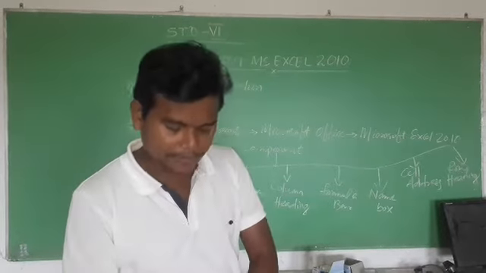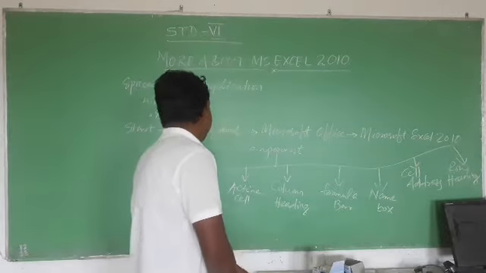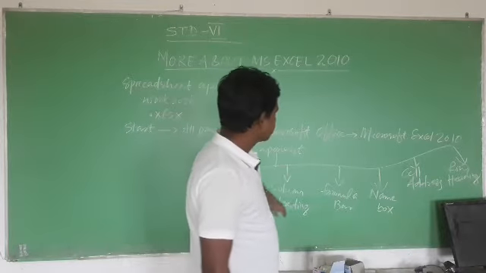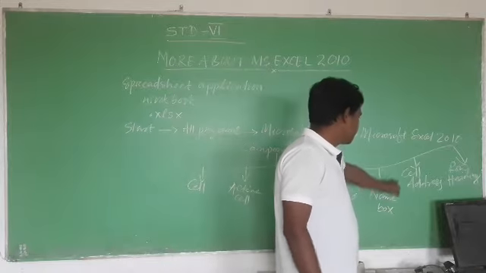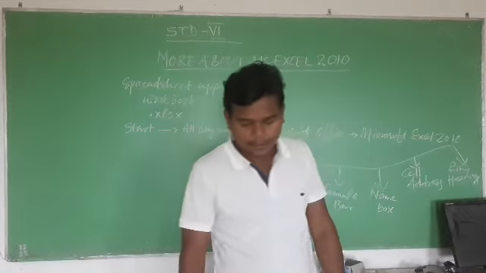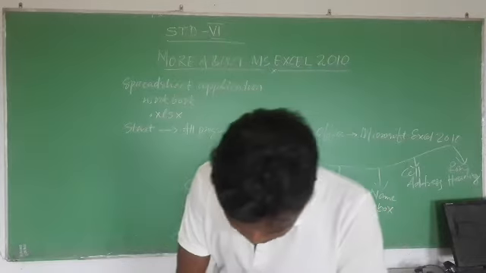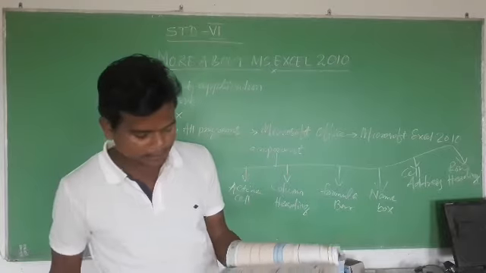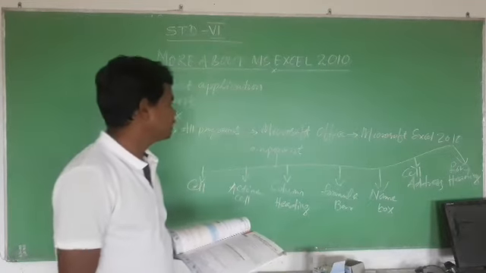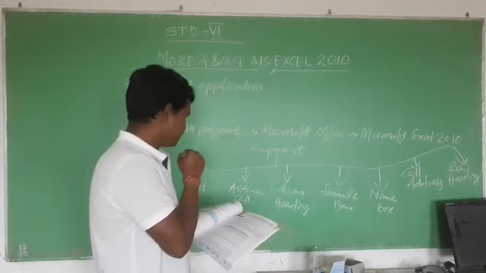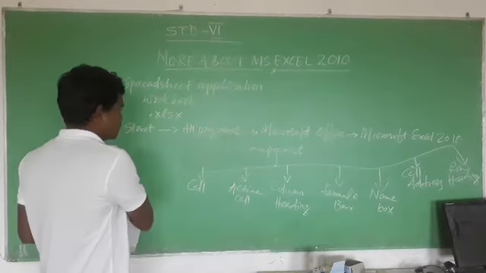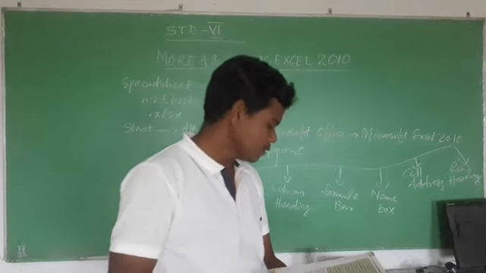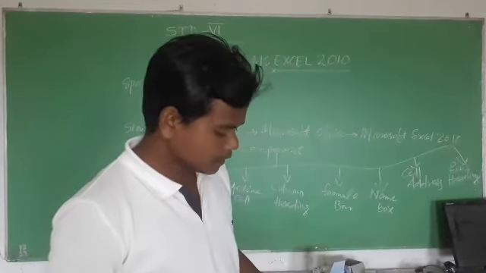Now in this Excel window, there are various components. These are cells, active cell, column headings, formula bar, name box, cell address, row headings, and there are also sheet tabs, status bar, and scroll bar. I have not written them because I could not find more space. They have their usual meanings, which you all know.